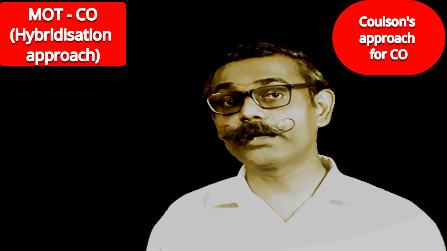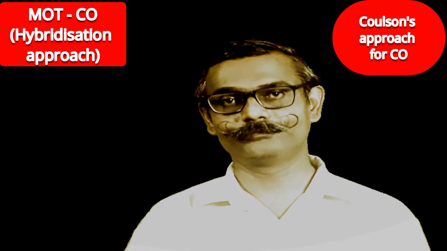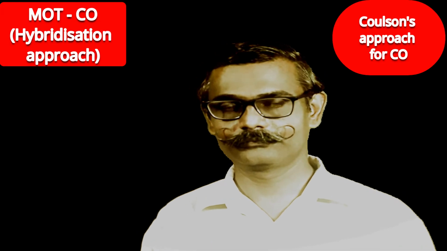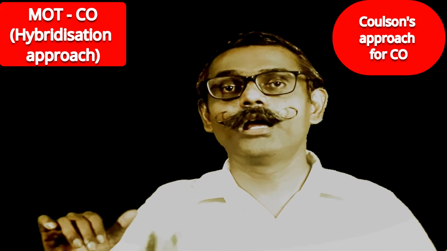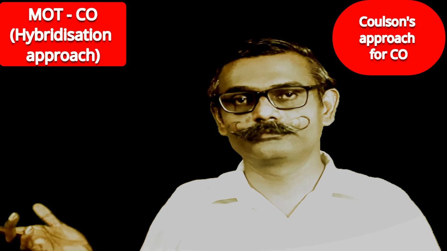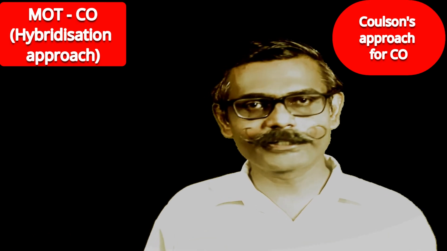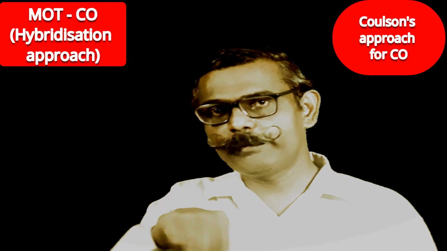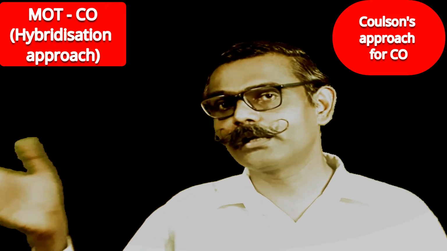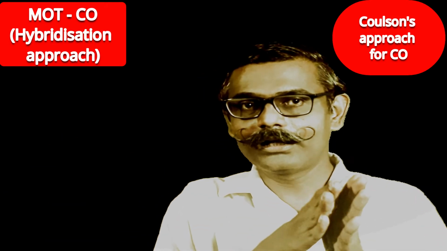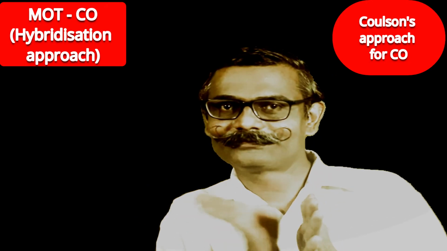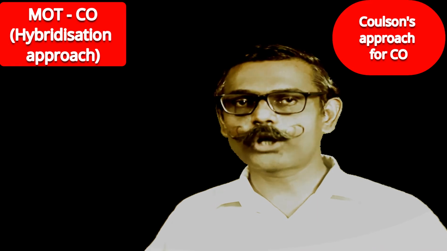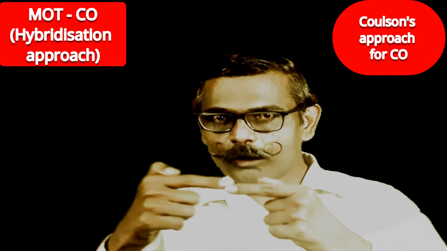One sp orbital will be along the bond, forming a sigma bond, and the other sp orbital will be out of the atom. Sp orbital means 180 degrees separation. So if I consider carbon here, one of the sp orbitals will be inside and the other sp orbital outside. Oxygen, sp orbital inside towards carbon and the other will be what? Outside. The orbitals which are inside are going to form the sigma bond.